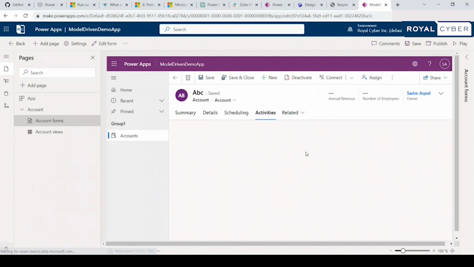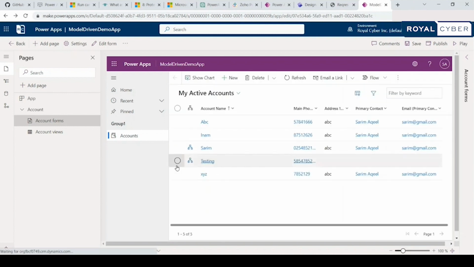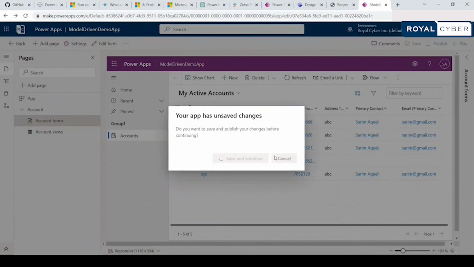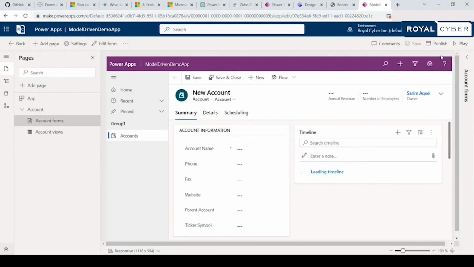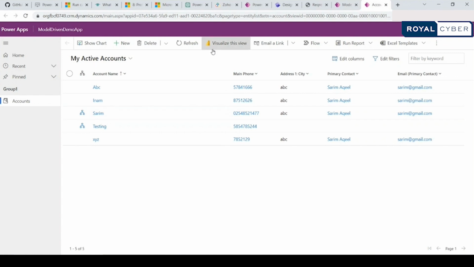If I click on any of them, you will not see anything because we don't have any data right now in our tables, and we don't have the privilege to add. You can even create your own tables and create relationships with them. Then you can create this model driven app, and this will provide the interface and all the things required for it. And if I play this app, then you can see